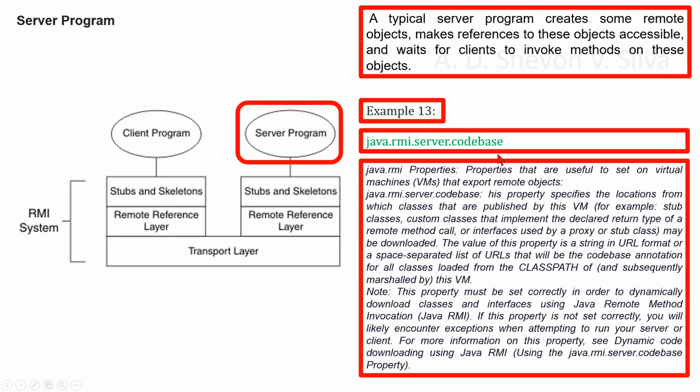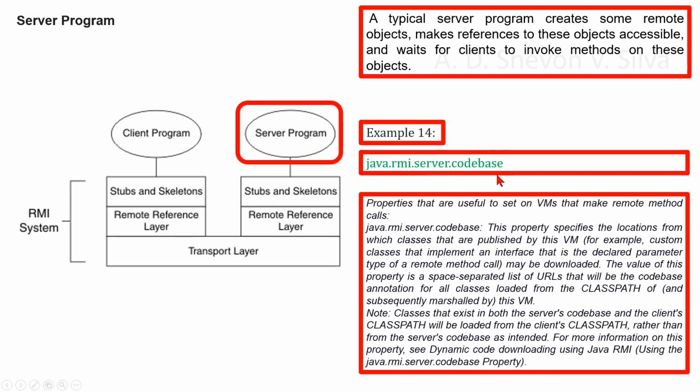Now we are considering properties that are useful to set on VMs that make remote method calls. java.rmi.server.codebase. This property specifies the location from which the classes that are published by this VM, for example custom classes that implement the interface that is the declared parameter of a remote method call, may be downloaded. The value of this property is a space separated list of URLs that will be the code base annotation for